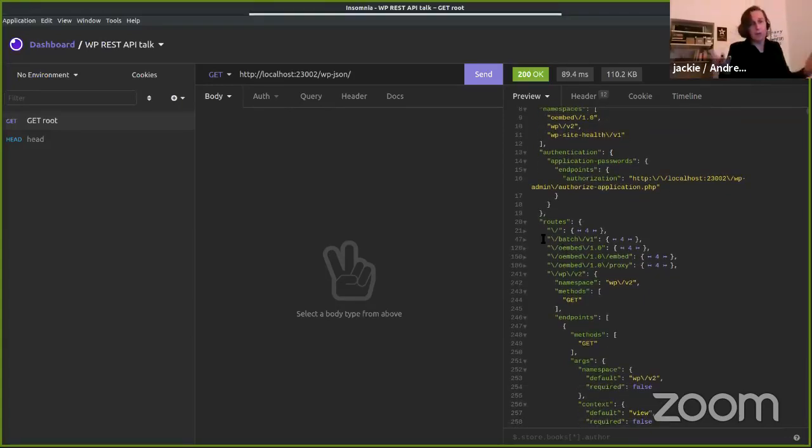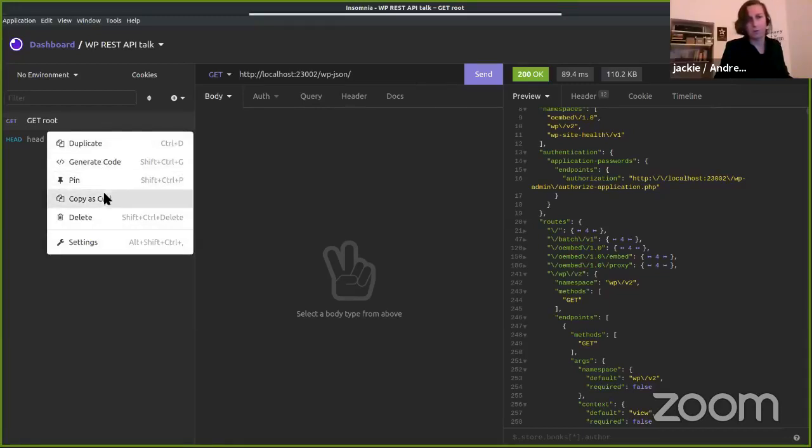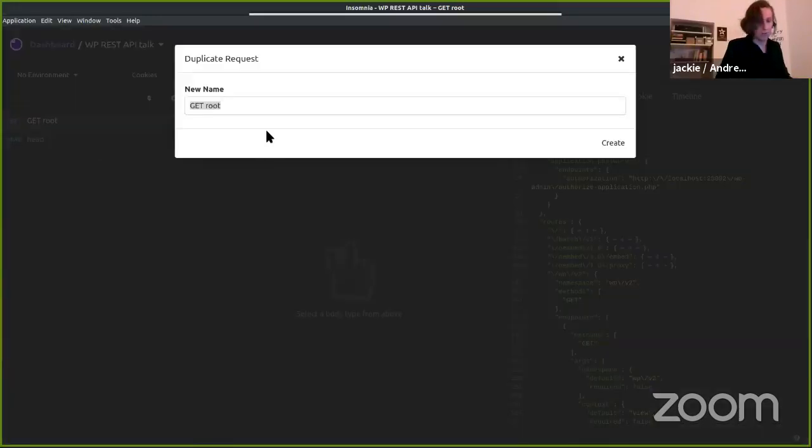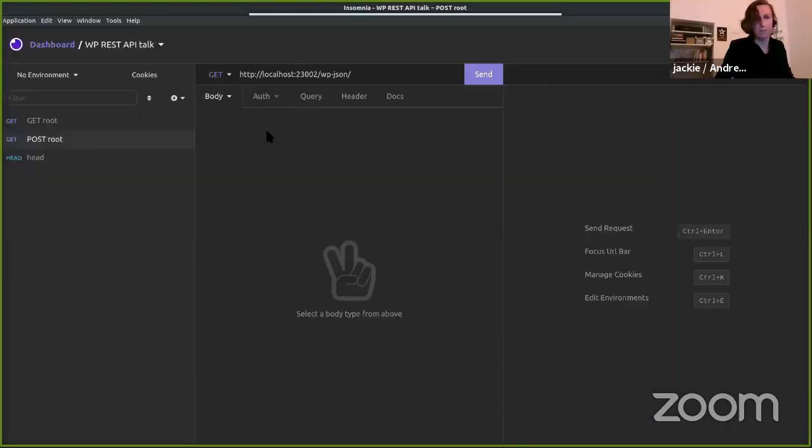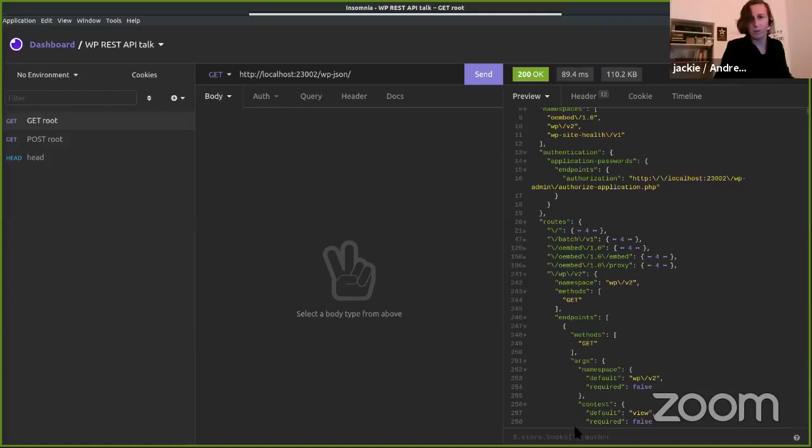And now I would like to, let's get the post first, the thing we already did. So we know how to do that already, but maybe let's first still look into the root and see how the post works.